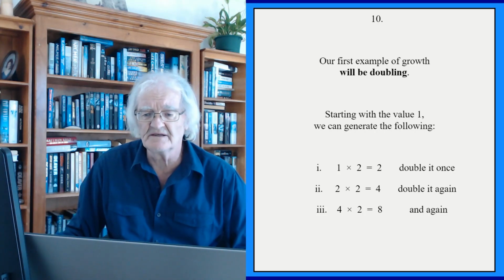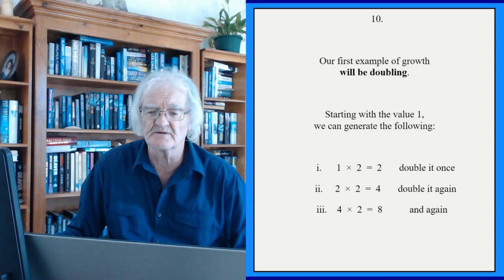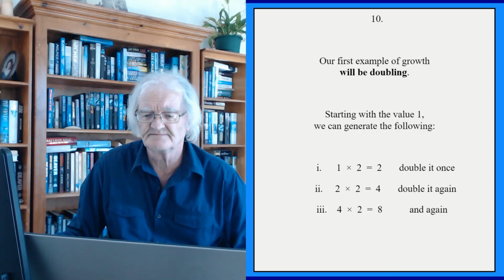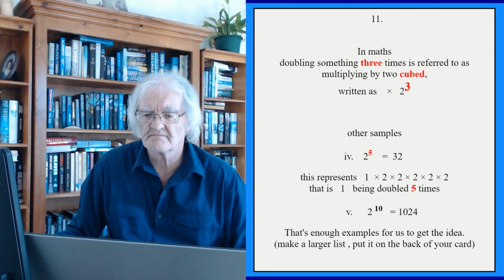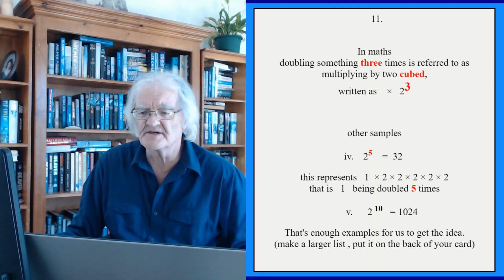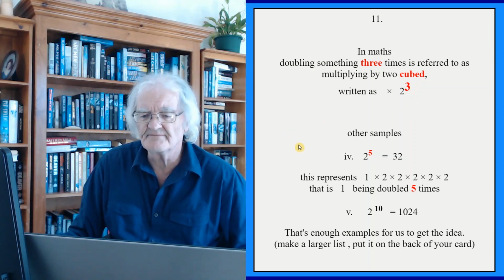Starting with the value 1, to keep things as simple as possible, we can generate the following. If we double 1, we get 2. If we double 2, we get 4. If we double the 4, we get 8. In maths, doubling something 3 times is referred to as multiplying by 2 cubed, and that is written as 2 cubed. Other examples would be 2 to the 5th,